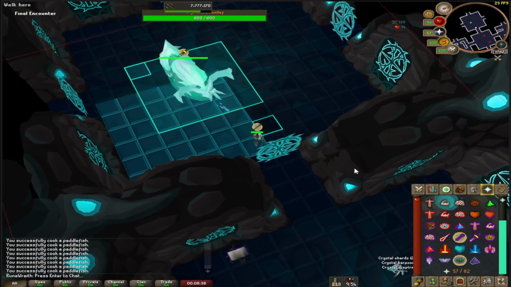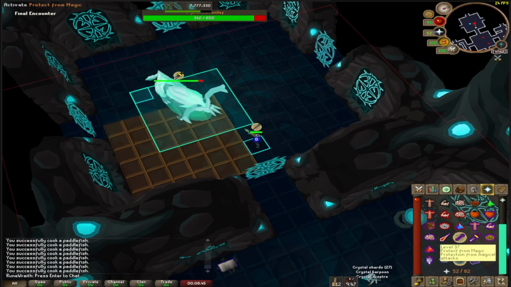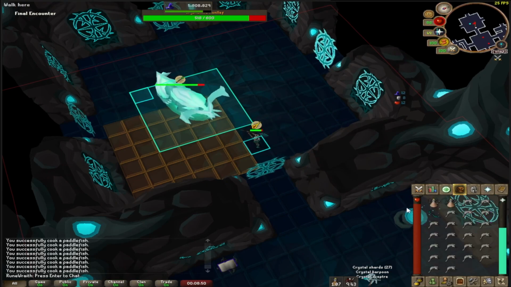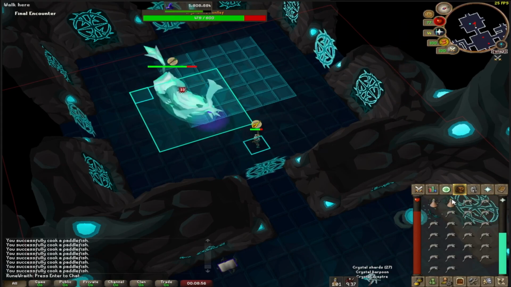So after entering into the room, I immediately pray range, because the Hunllef will always attack with range, and I'm also praying my rigor offensive prayer. This is super important. You always want to be praying offensive prayers during the gauntlet to maximize your DPS. Your 3 Egg potions will be more than enough to get you through this, so don't be afraid to waste